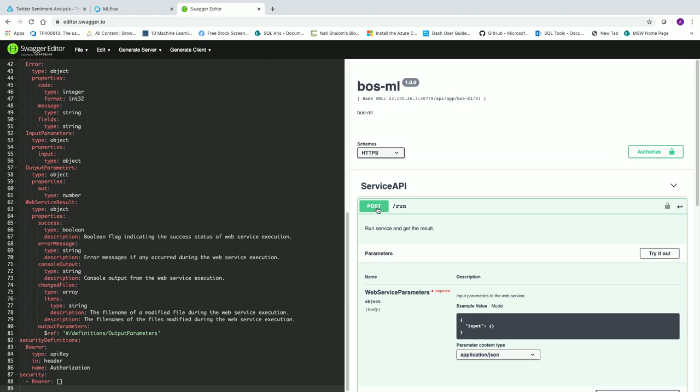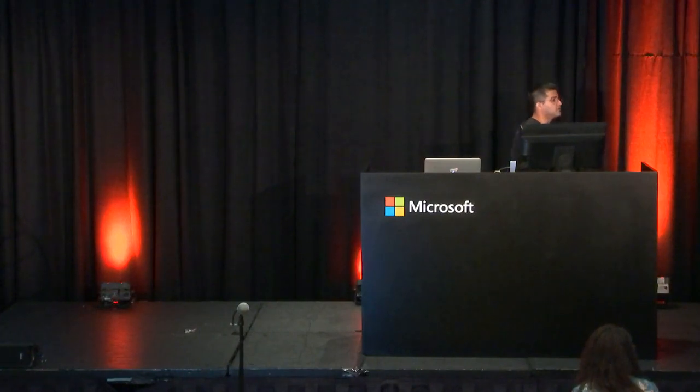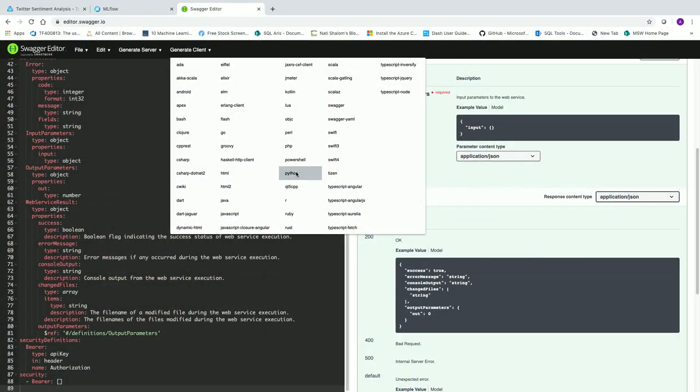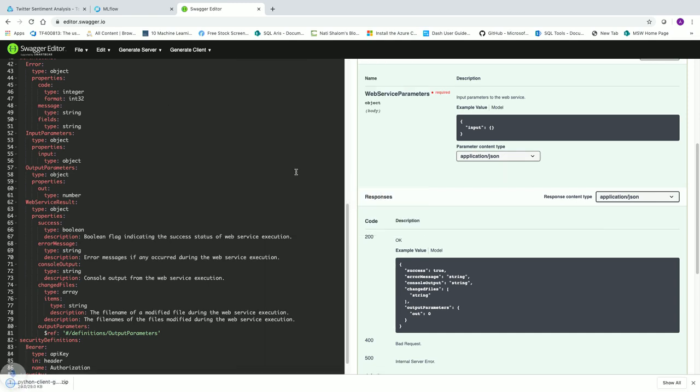You can also do a post command, and you can see that you can get an HTTP web response back from that code. So now that the app is running as part of a web container, I could also generate various different types of clients. If I am a Python developer, I could convert this into a Python-based application and generate Python code, which is going to download the Python-based package, which I then can use for my Python development. So what we have learned today is we can do model deployment, model management, model training, model scoring